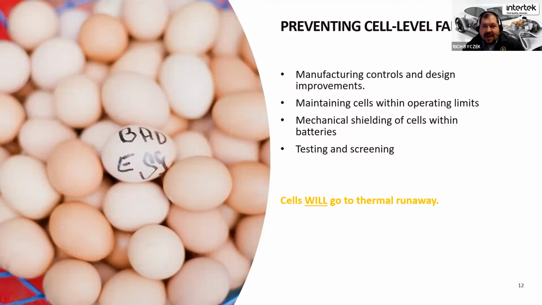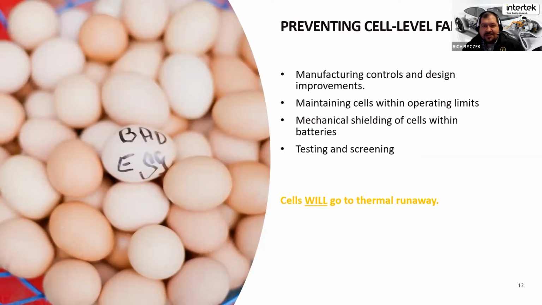Again, this is more of a quality management system issue, but testing and screening in that case helps you prevent even low ppm rate issues from occurring in the first place, and then screening on the backside, so that even once you've assembled the cells or batteries, you're able to look for some of these issues, whether it's just from verifying the capacity, that you don't have some sort of internal short circuit already in the cell, some other measurements that can take place really at the factory. So before they even go out into the field, you've done some screening and some additional testing.